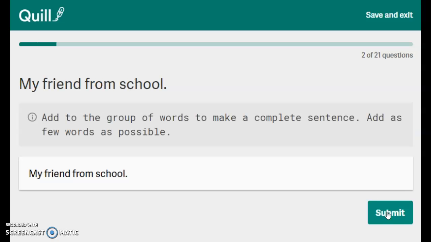My friend from school. Here, what about the friend from school? So I have to add some words. So what this test is actually doing is testing to see if you can tell when a sentence is a fragment, when it's missing a noun, or when it's missing a subject or a predicate. So my friend from school is very nice. I added three words, and please make sure that you notice that I'm putting a period here. Some of you, the last time you did the diagnostic, didn't type in those periods and it marked you wrong